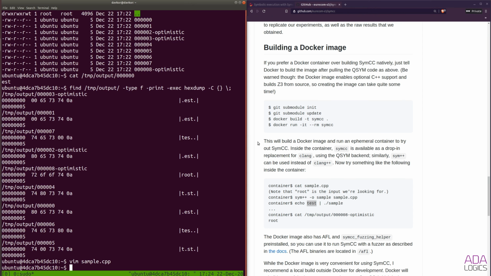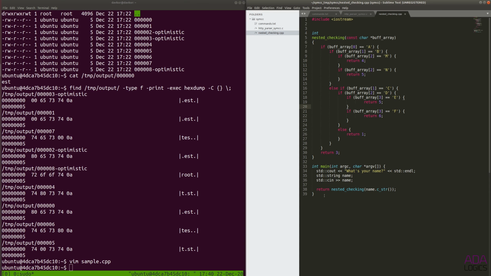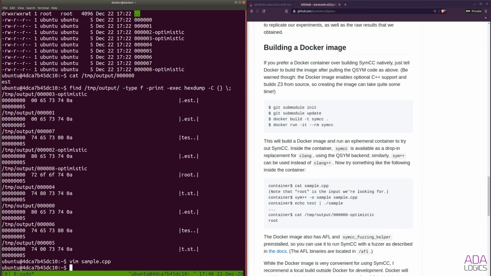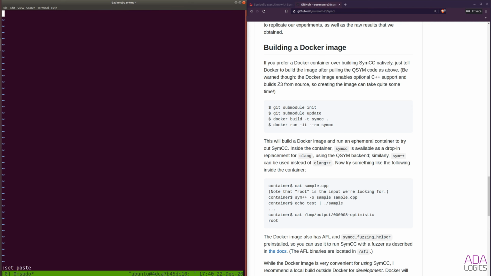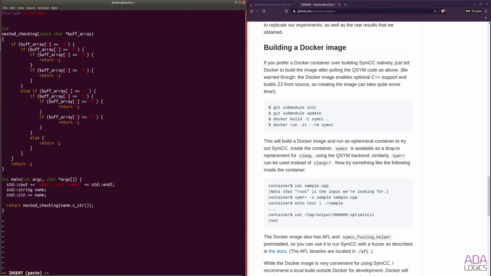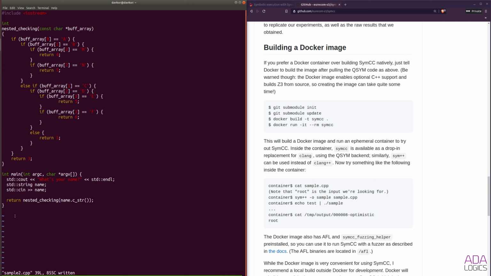Okay. So how does SymCC actually work? To do that, I have another example that I would like to go through. If we copy this sample, and we will simply call it sample2.cpp, and copy this into our Docker image, we can see that we have a main file here, and it is very similar to the other sample C++ file,